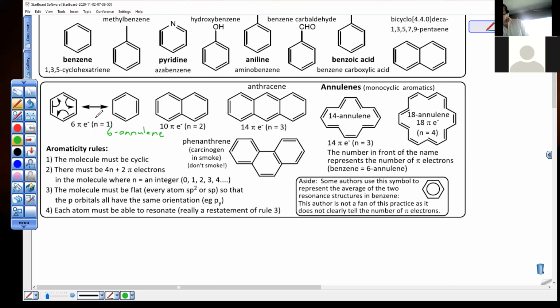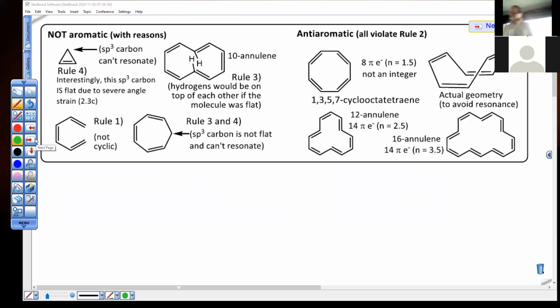So we have annulene here. This is not an annulene. There's more than one ring. Same here. But these are all one big ring. They qualify in the annulene family. 10-annulene qualifies as an annulene, but it's not aromatic because